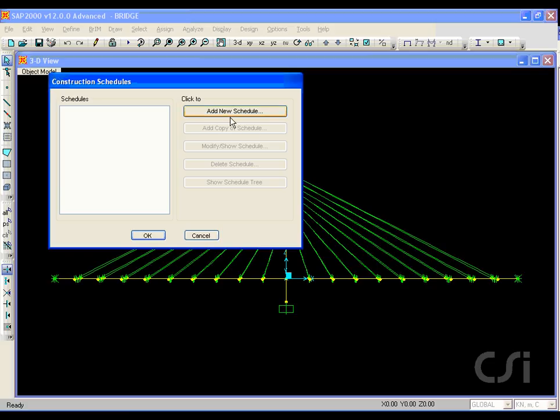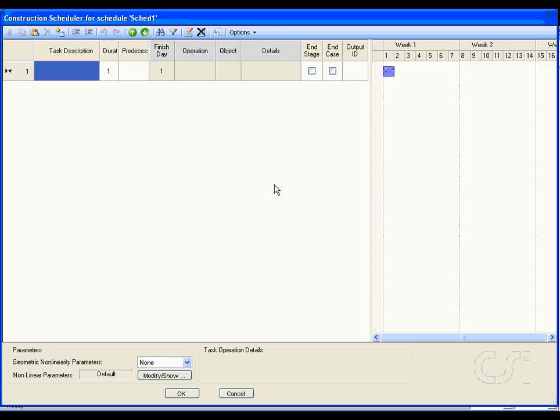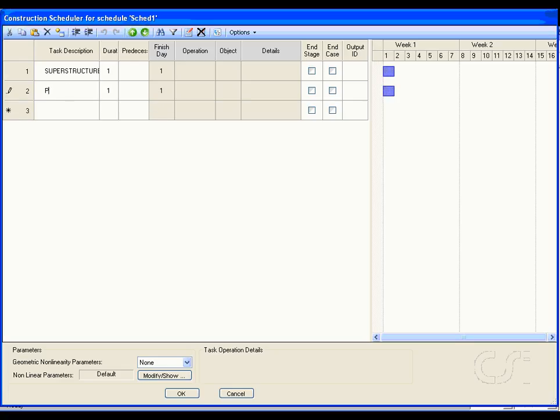Next, click the Add New Schedule button and click OK for the default schedule name. We start by entering Superstructure as our first task description. This will be a summary task that will be used to group all the tasks associated with building the superstructure. The next task will be Pylon with a duration of 7 days. It has no predecessor task,